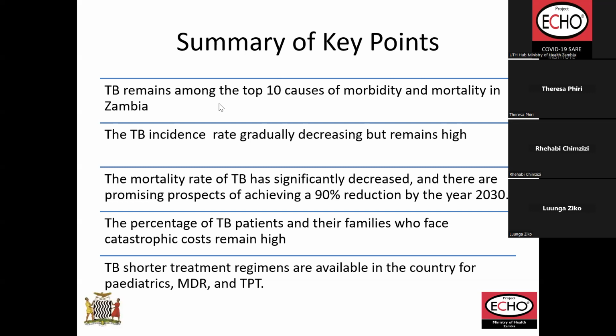Other than that, we need to be able to identify different comorbidities. Remember, the TB patient, just like any other patient, HIV or so on, can come with other problems as well. They can come with hypertension. Majority of the patients that we have who die do not die of TB. And that is because sometimes we neglect to look out for the other comorbidities, which may take the patient's life. So we need to look out for the other comorbidities, hypertension, diabetes,